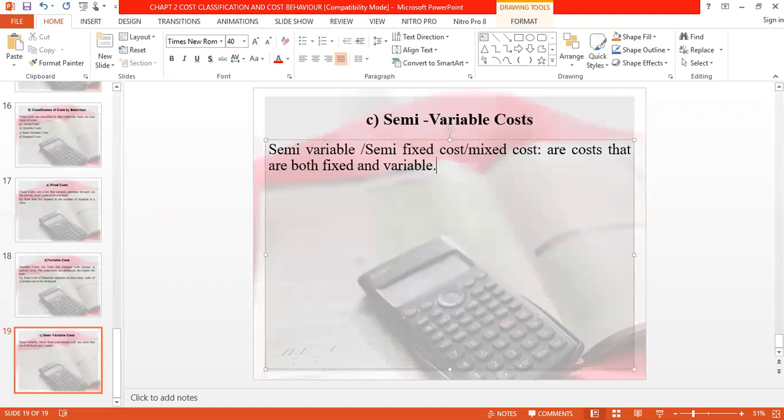That are both what? Fixed and variable. E.g., salary to a salesperson